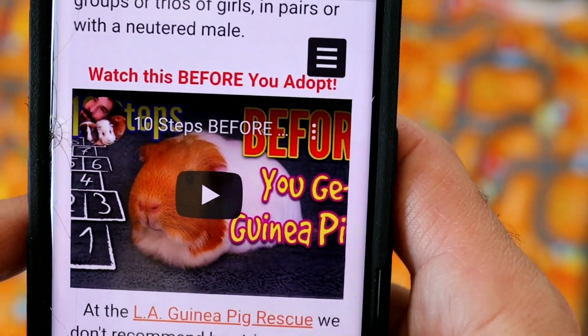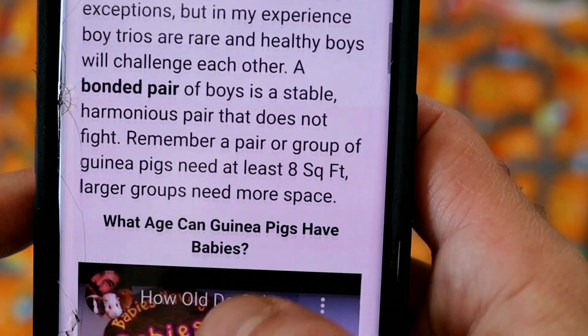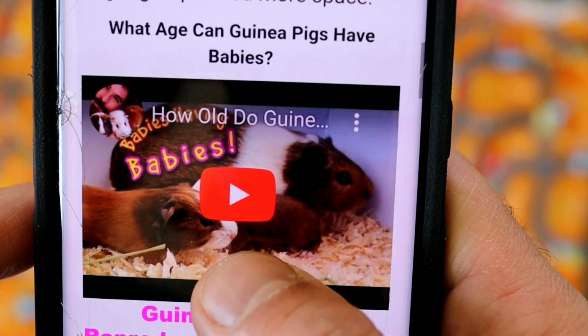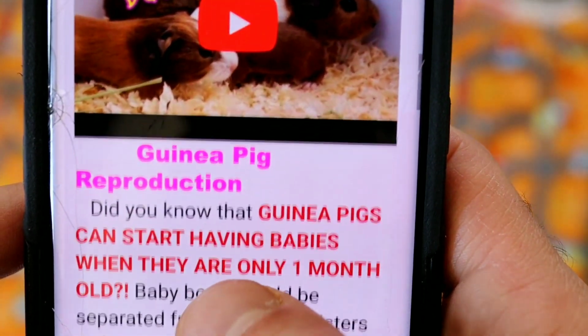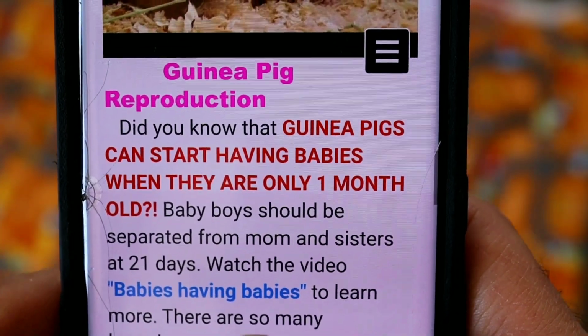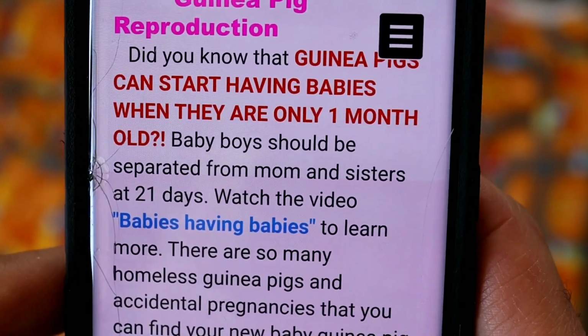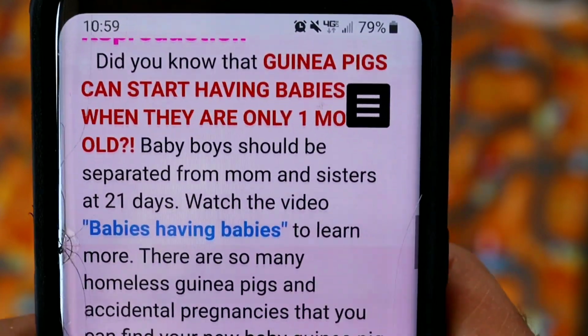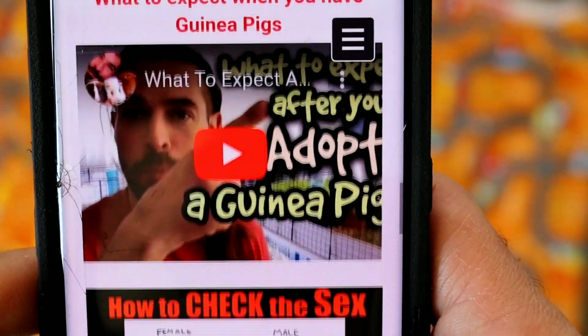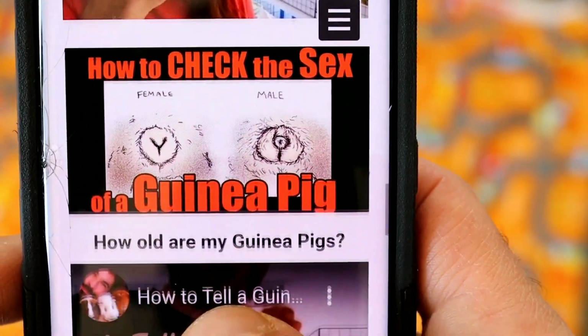Suppose you got a bunch of guinea pigs, they're boys or girls together, and you're like, uh-oh, they're fine, they're not going to have babies. Well, this video shows that, yes, they will. And so I'm really trying to stop the epidemic of lots of accidental births by putting this information right away. But then, what to expect when you have guinea pigs, how to check the sex of your guinea pig,